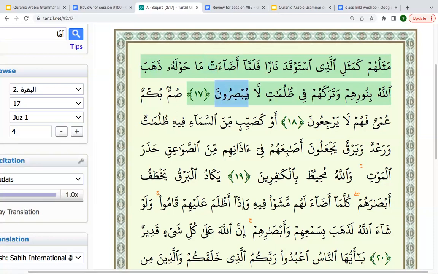Yubsiruna. Yub, yub, you. Yubsiruna. What is the family here? Mujarrad or mazid fihi? Very well done. Absara, yubsiru, ibsaran, fahuwa mubsirun. أبصر يبصر إبصارا فهو مبصر الأمر منه أبصر والنهي عنه لا تبصر والظرف منه مبصر